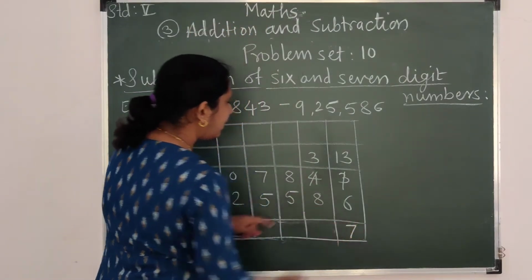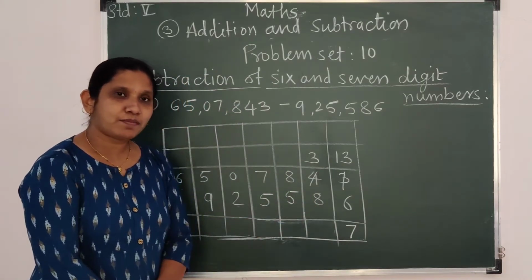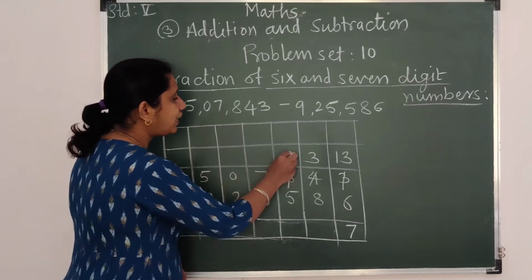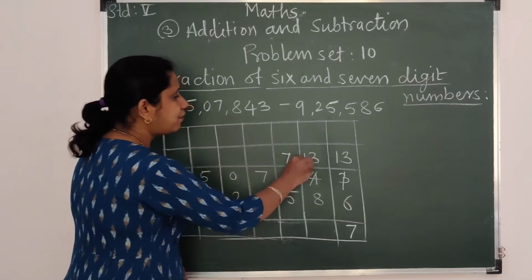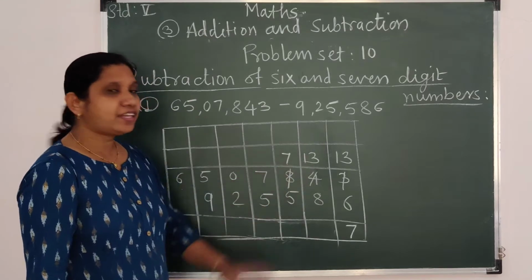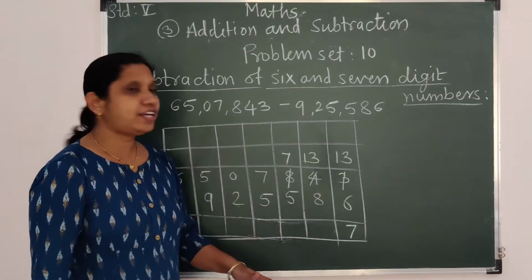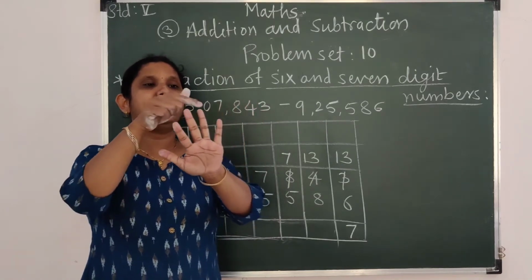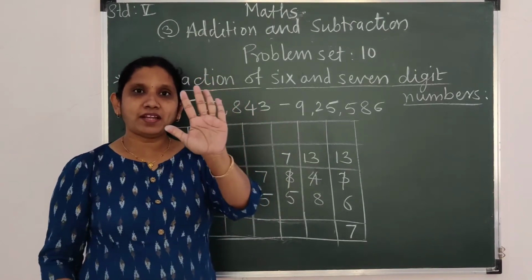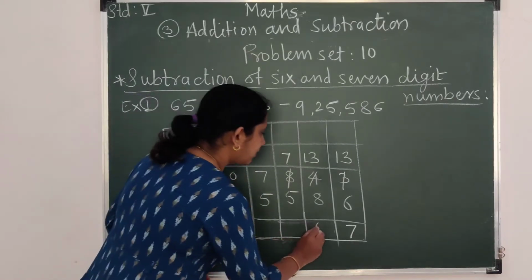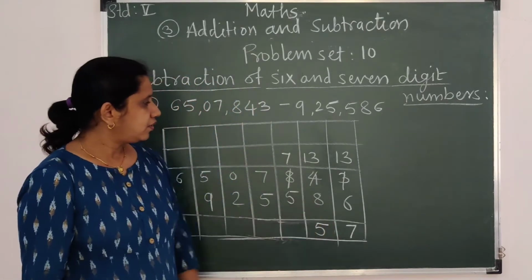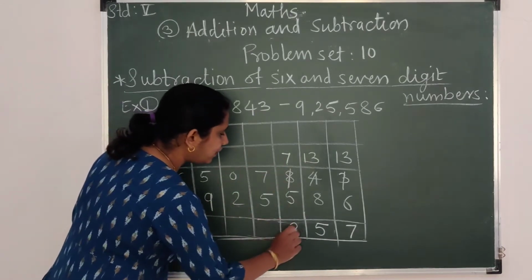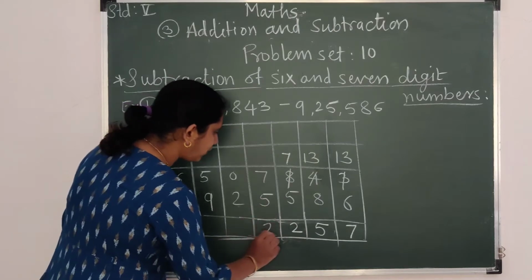7. Now 3 minus 8, is it possible? No. Go to the next place, cancel this 8. What will remain? 7. This number becomes 13. Now 13 minus 8. As I already told, count the next number onwards: 9, 10, 11, 12 and 13. How many numbers now? 5. Now 7 minus 5, it is so simple, very clear. It is 2. Again 7 minus 5, 2.